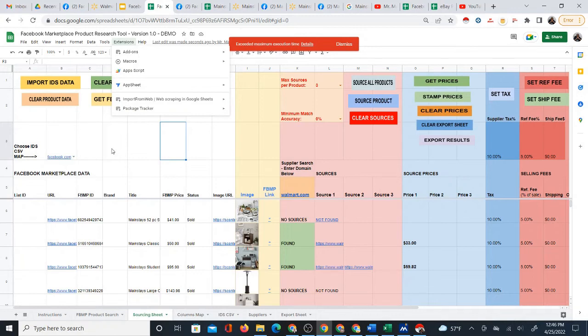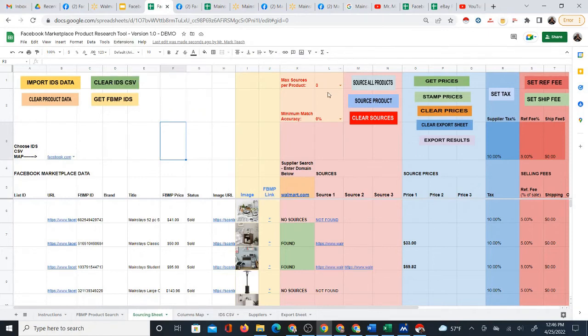They have to do that because they don't want to take responsibility for programs. Google didn't create this, I did. I use Google Sheets, but I'm the creator. They don't want to take responsibility for anything I do as a programmer, so they feel like they have to cover themselves, basically, by scaring you a little bit. But really, there's no danger in this. As you can see, it's just sourcing products. It's just calculating profit, and that's all this program does. It is on your Google Sheet. I am not accessing your account. This is your copy, and the program is